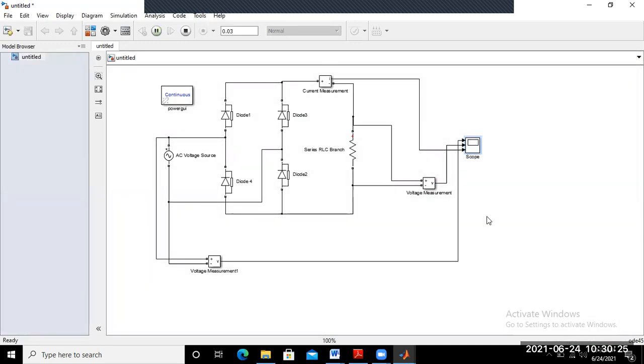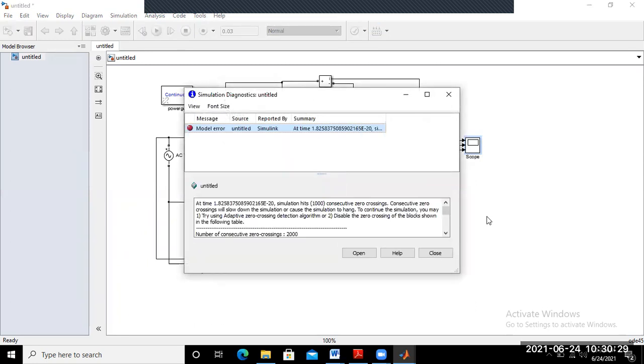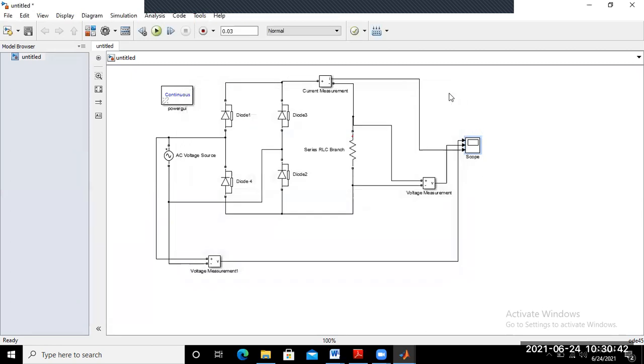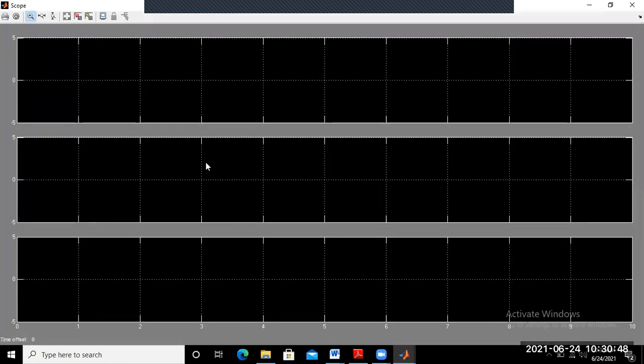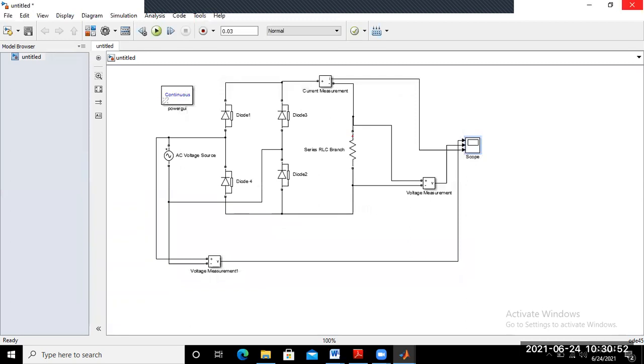Now wait some time. So it is showing some error. That means this model has an error and data segment at the time of error. If you click on this scope, you are not able to get the output.